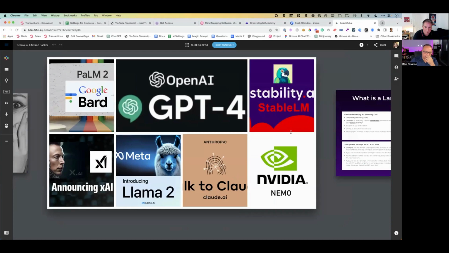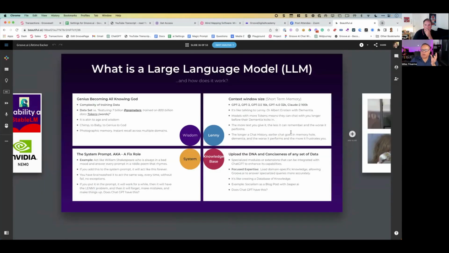And so essentially, this is what I was showing you, Paul, the other day, and I'm going to try to visualize it for people that are listening on the podcast. We're looking at a 4-square system, and there's 4 squares to a language model. The top left square is the wisdom, which basically means, how did we train Albert Einstein, right? In this case, when they talk about the parameters, that means if you were looking at a human brain,